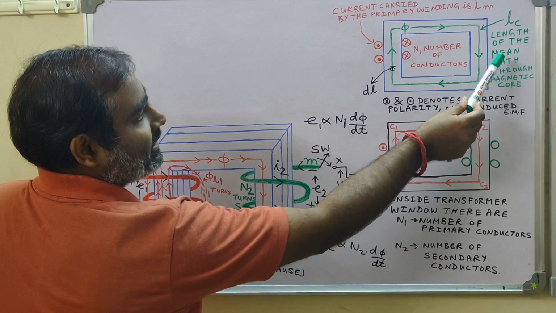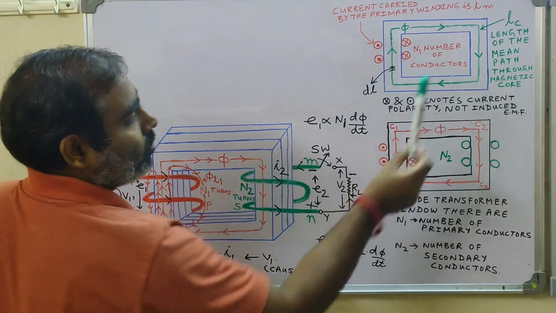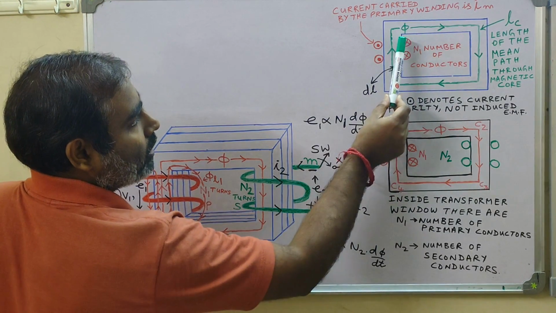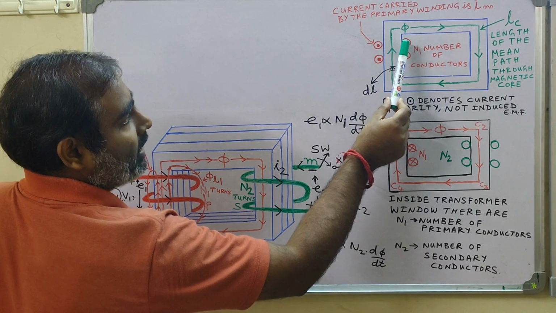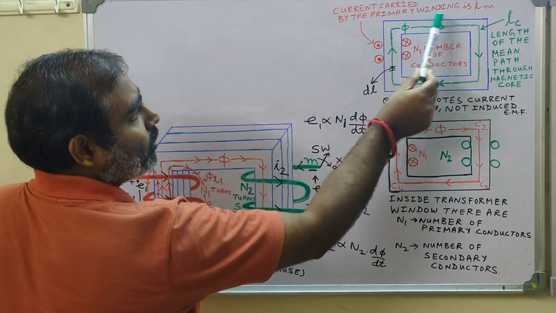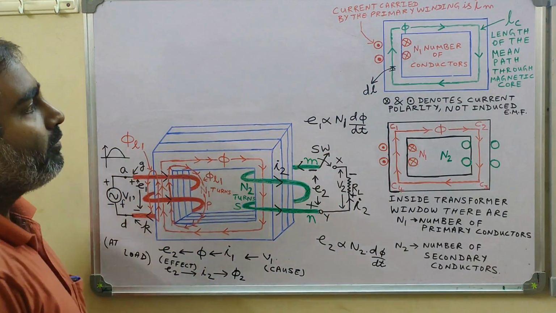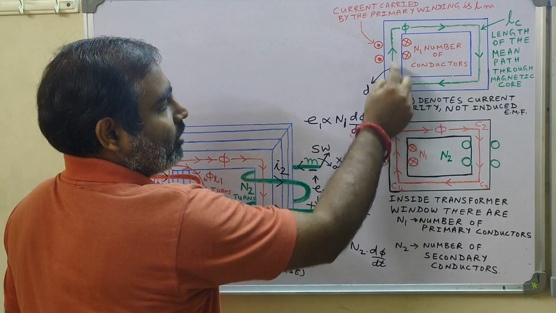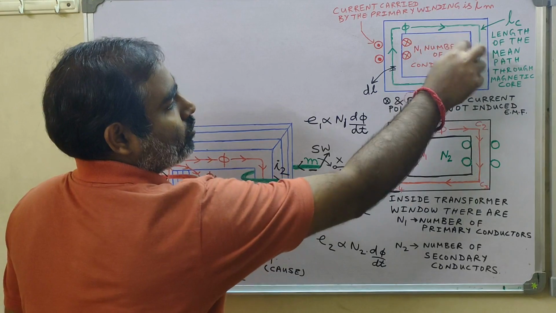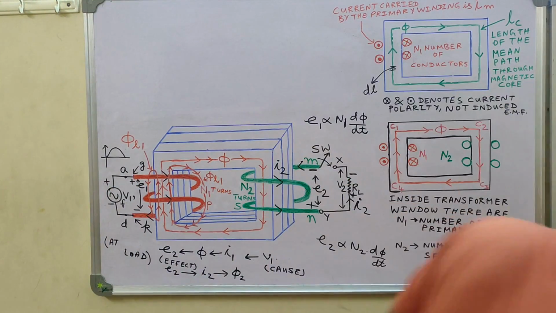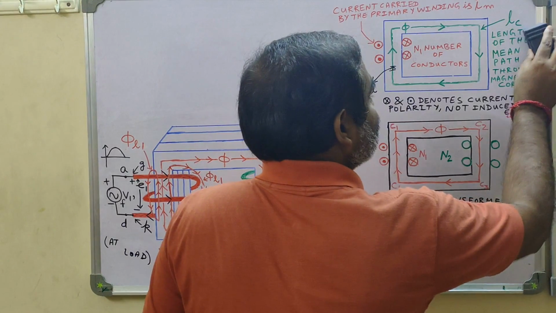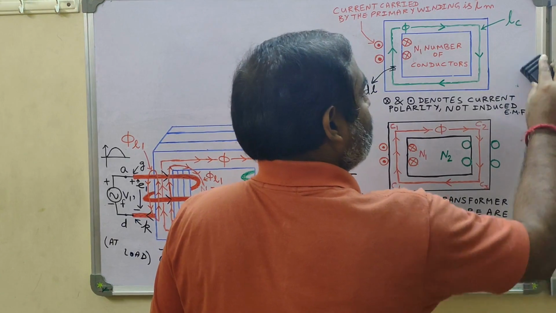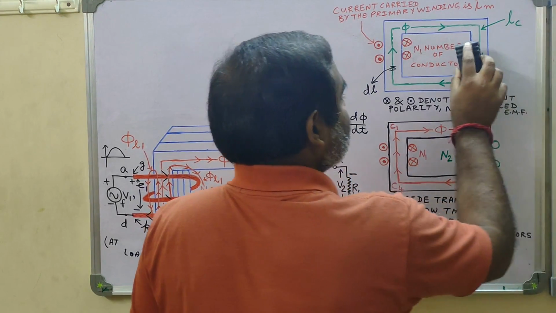So how to find the mean path LC? For the mean path through the magnetic pole, you find the minimum path which is through the inner periphery of the transformer pole, then you find the maximum path which is through the outer periphery of the transformer pole. You add them, then divide by 2, you get LC. Obviously LC will be passing through the center of the limb and through the center of the yoke. So that is your LC. Let us erase this for the time being. We will keep in mind the meaning of the length of the mean path through the transformer pole, that is LC.